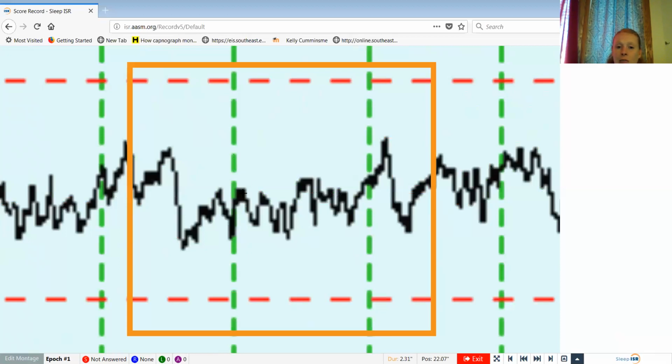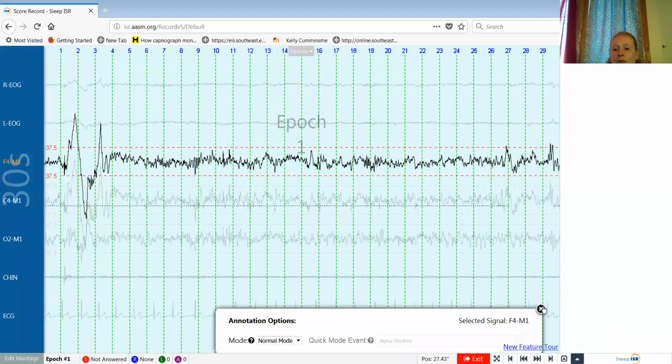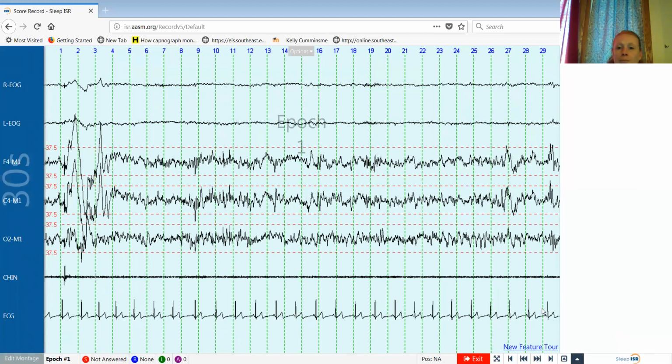So you'd be able to count these waves and identify how many hertz this is. 1, 2, 3, 4, 5, 6, 7, 8. 8 waves per second, or 8 hertz is what that 1 second is. Now, we don't go through and count every single second on our epochs, but when you're in question of something, you can zoom in to count it if you need to. A time when I think that might be helpful is to identify spindles,